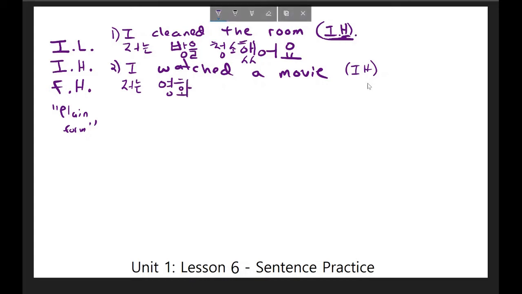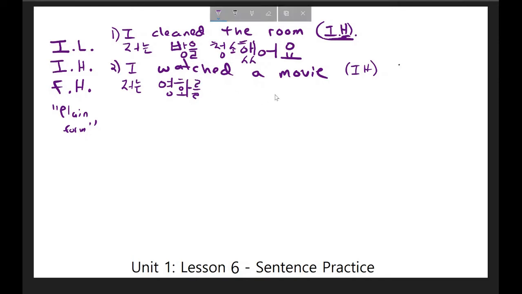Again, in theory, the sentence that we create could translate to I watched the movie or I watched a movie. The context would have to make it clear on which one you're referring to or which one you would translate it to. In this case, this is the object of the sentence, so I want to add the object particle 를, and I have to indicate the word for watched. Now, in English, I can say the word to look, to see, and to watch, and all of those basically are you using your eyes looking at something. The good thing about Korean is all of those words can be used for the same verb in Korean,